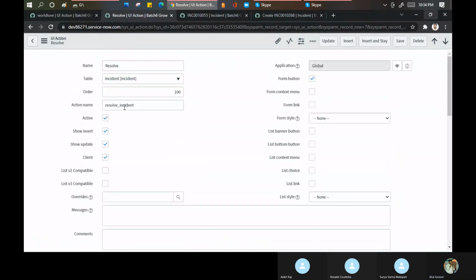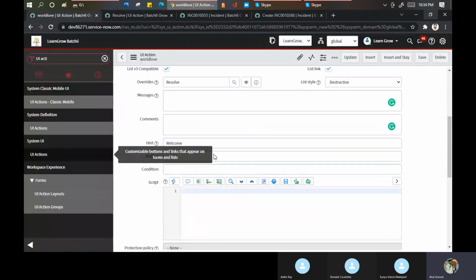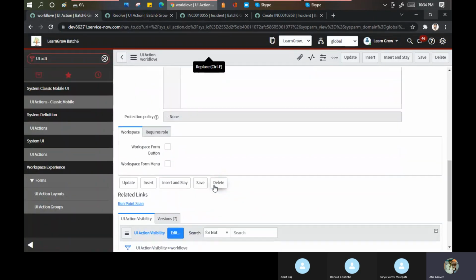See, resolve_incident is the action name here. Were we messing this up here? Possibly. Okay. Now if I go here, I can write my scripts here. Workspace form button, workspace form menu. Workspace, if you know the CSM part, in CSM we have the agent workspace.